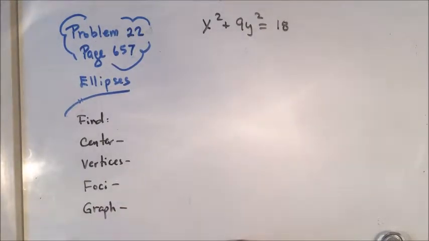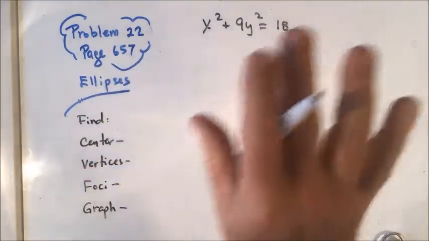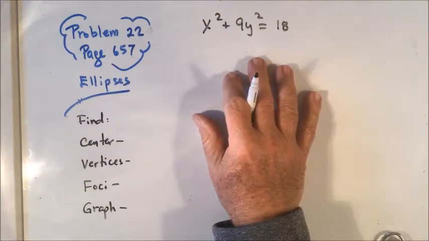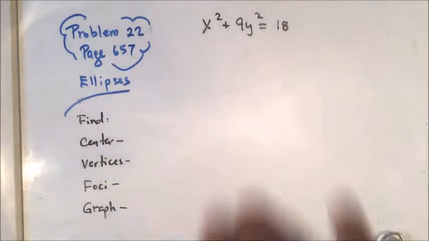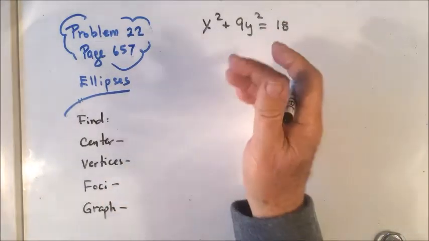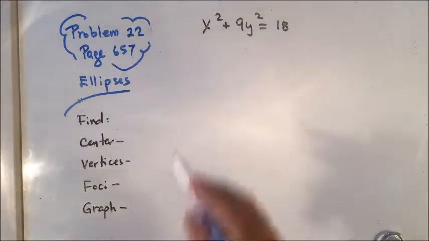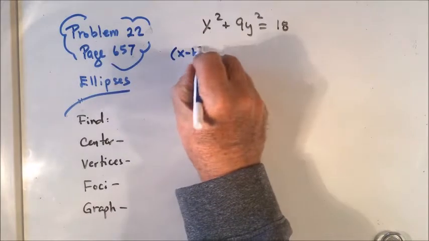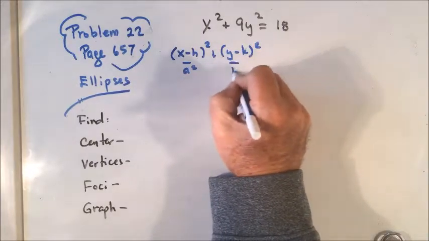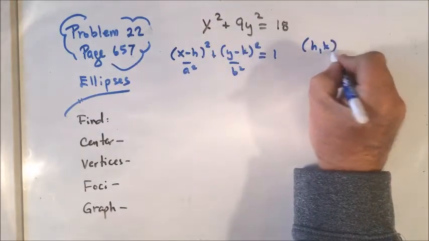So let's do that. And I think you're pretty used to this now. We've done this with lines, with parabolas, with quadratics, we're now doing it with ellipses, and we're going to do it with hyperbolas. There's a standard form for each from which you can deduce a lot of information just by inspection. The standard form that we're looking for for an ellipse is (x minus h) squared over a squared plus (y minus k) squared over b squared is equal to 1. And when you have this equation in that form, (h, k) is the center,